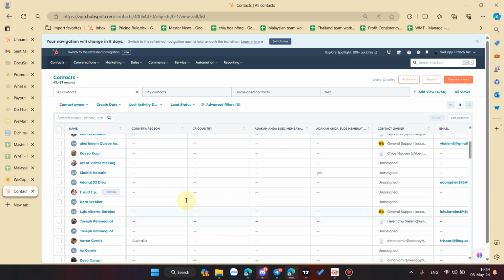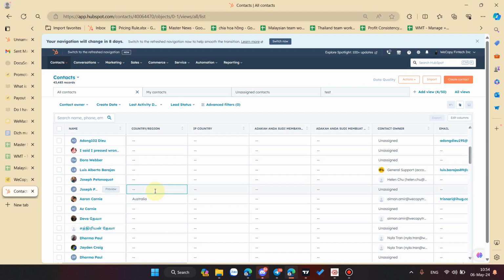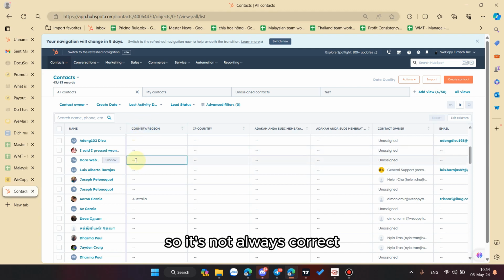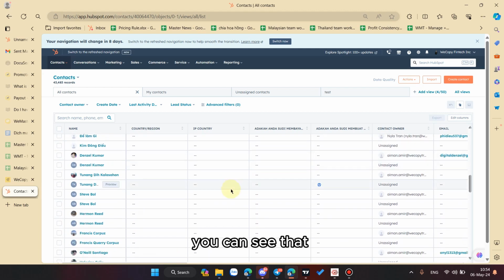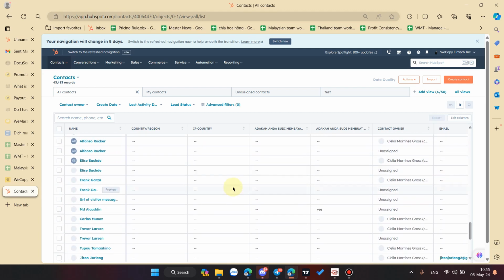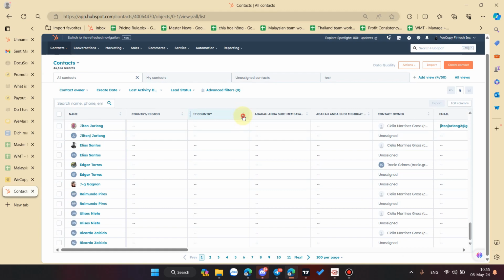So it's not always correct. Someone can say ABC, and it's also added in the country region as ABC. But for the IP country, you can see there is a code that's the same for anyone.